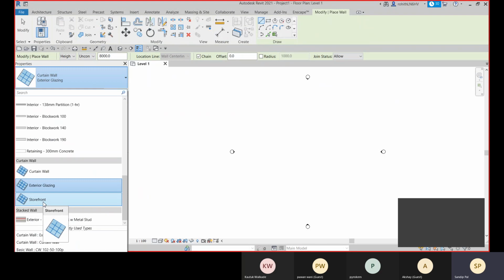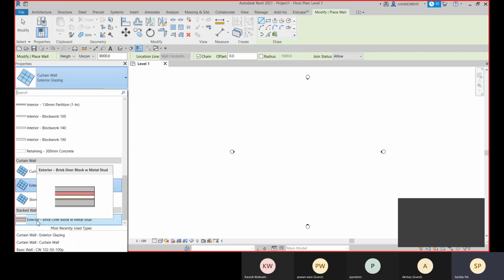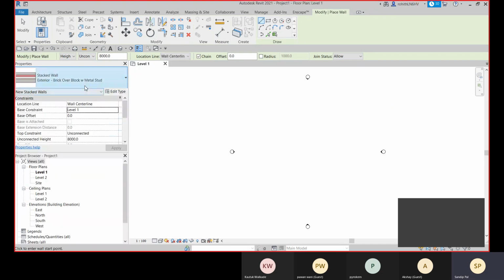The supports are called mullions. And here we have the stacked wall. So stacked wall is called when you have the sub walls placed on top of each other. The sub walls are placed vertically on top of each other, and the total wall is called stacked wall.